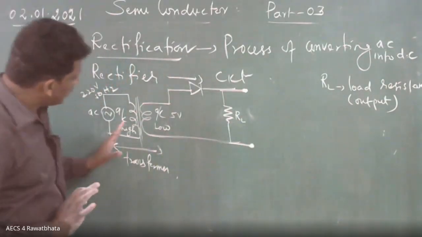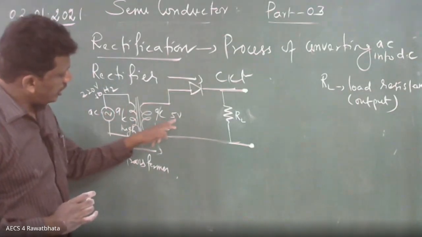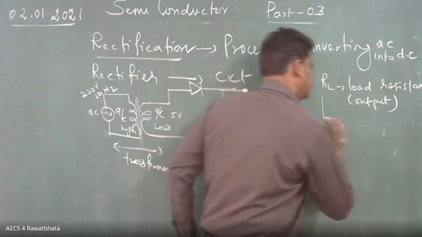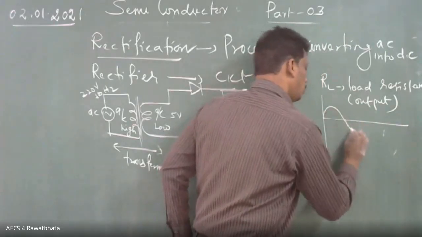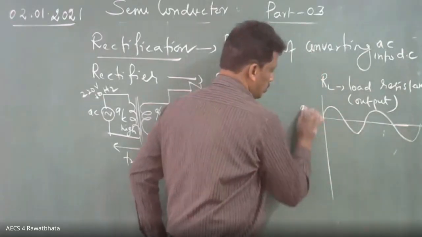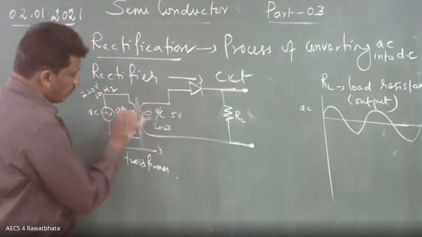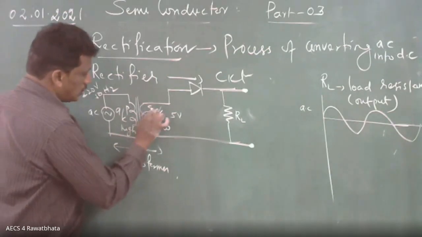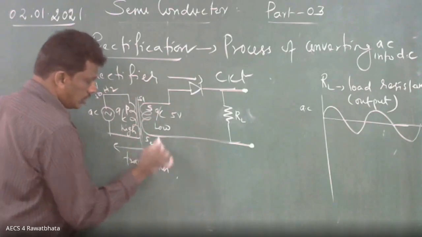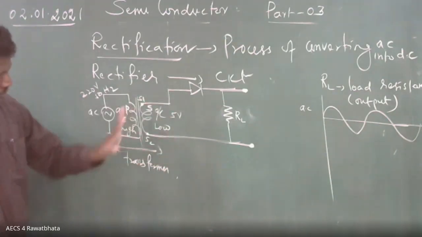So now what is happening here? You are giving AC high voltage, and within the transformer itself you are getting AC low voltage. I am giving the diagram here. What you are giving is AC voltage. This is the transformer, this is primary, this is secondary. This point I am making S1, this point S2. I think it will be a clear diagram.